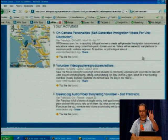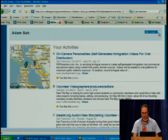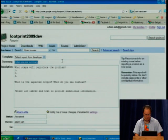ABC. There's 3 letters in ABC, but at the top it says like count 6. So clearly there's a bug, and I actually think I know what the bug is. I'm gonna just file it, and this is what everyone on the team does, and does it all day long. And so I'm just gonna file a bug, and